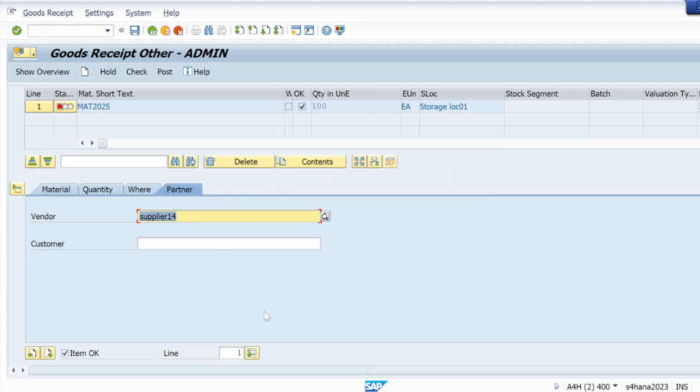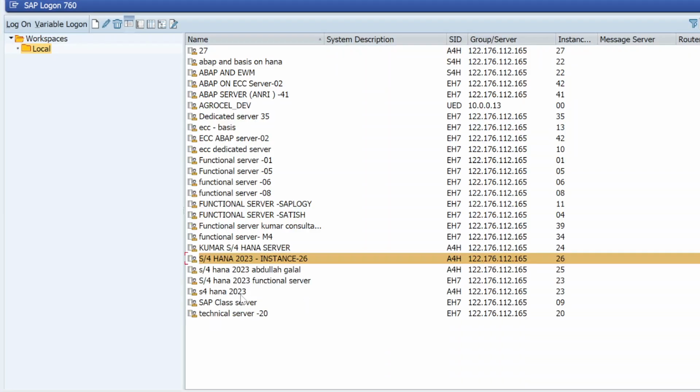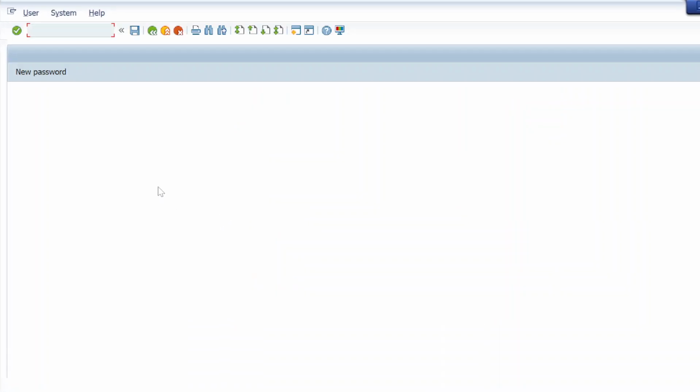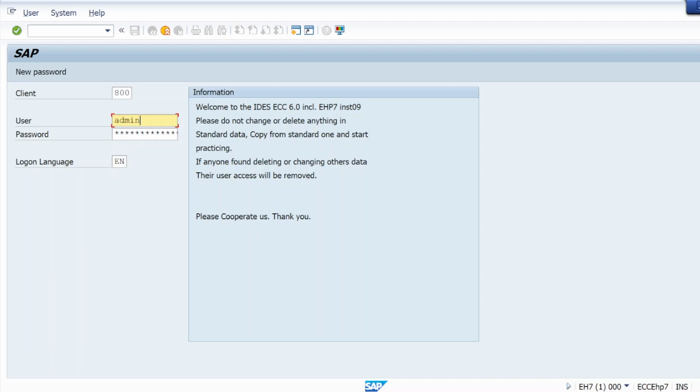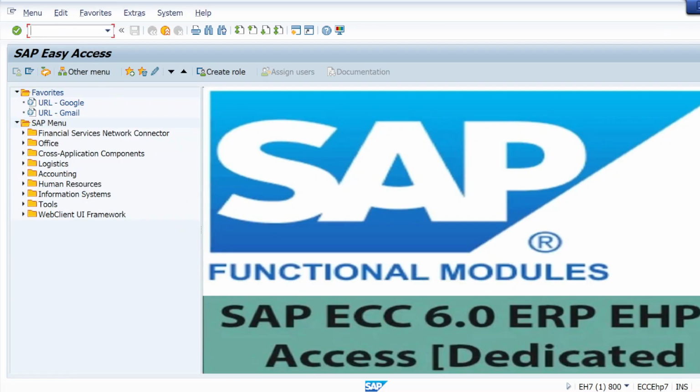So this is the last step. Let me show you that in another system. And before the next class, we will try to figure out why we are facing that. So let me do it in this system first. This is a dedicated one that I don't give to all users, only to limited users. So in that we will not face this type of issue.